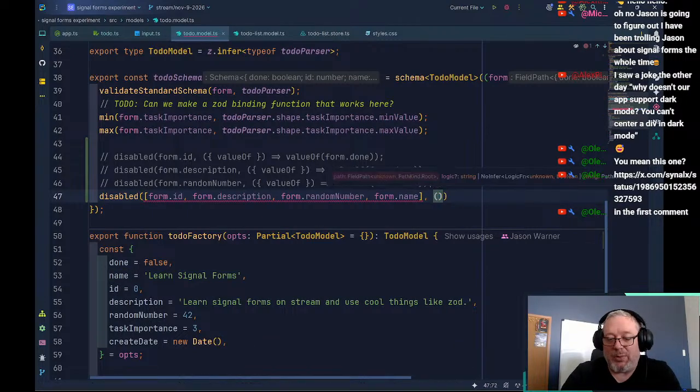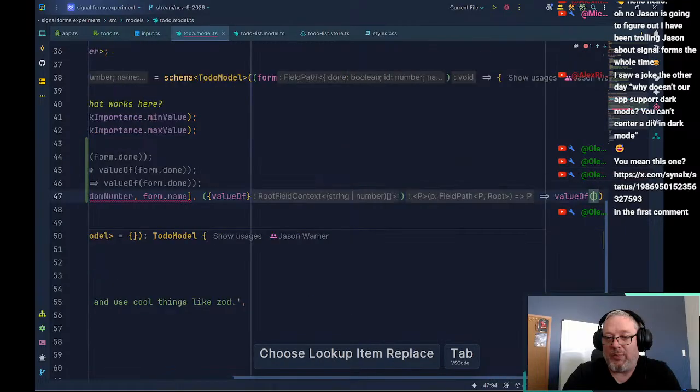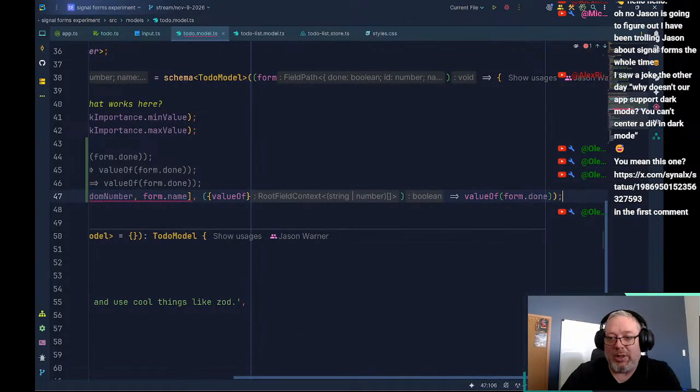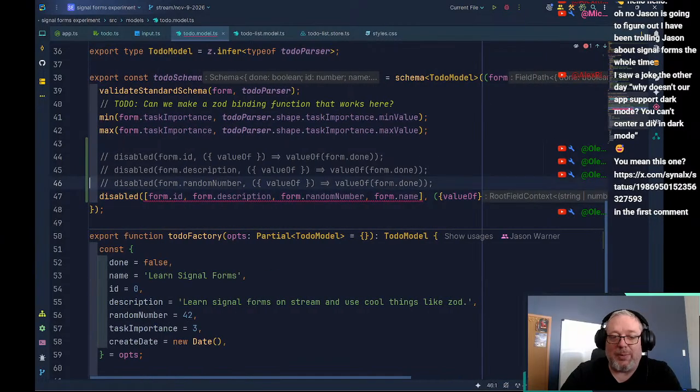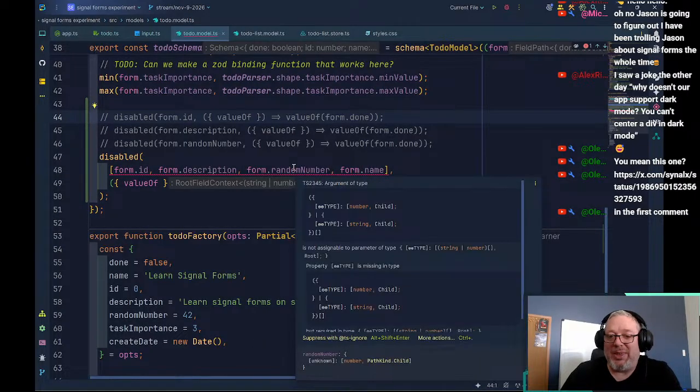And here we want value of, and that doesn't work. However, right, we can't pass in